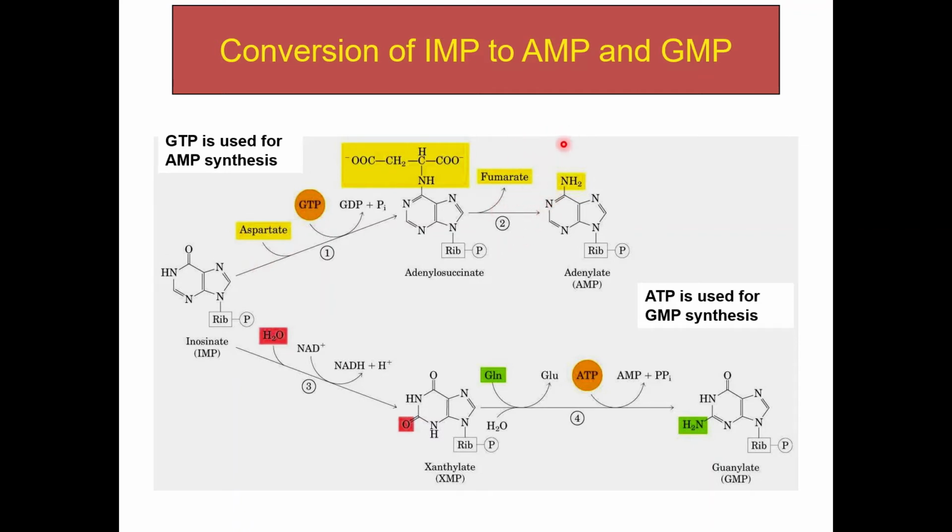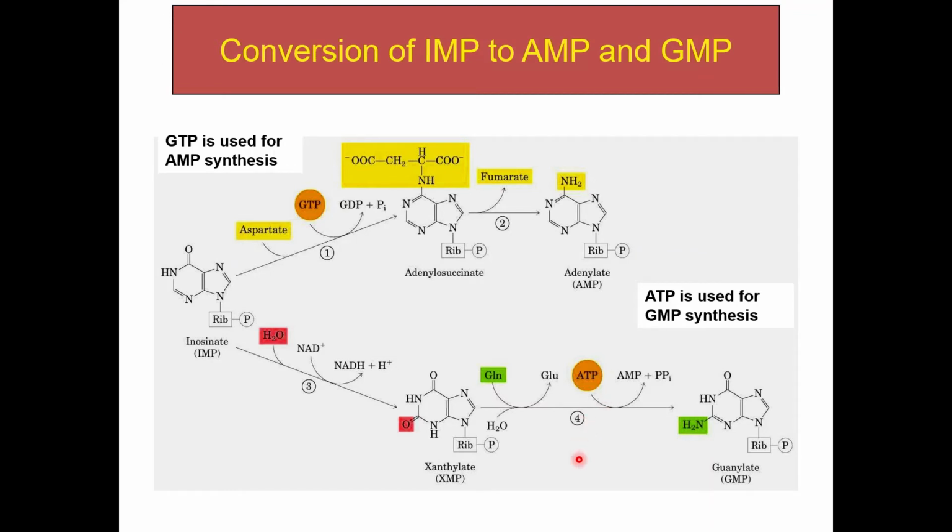In the presence of an enzyme, adenylosuccinate lyase, AMP is formed. In the IMP to GMP conversion, C2 of IMP is oxidized by IMP dehydrogenase, which is an NAD-dependent enzyme, to form XMP as an intermediate. XMP is then converted to GMP by using glutamine as the nitrogen donor, and the reaction is powered by ATP